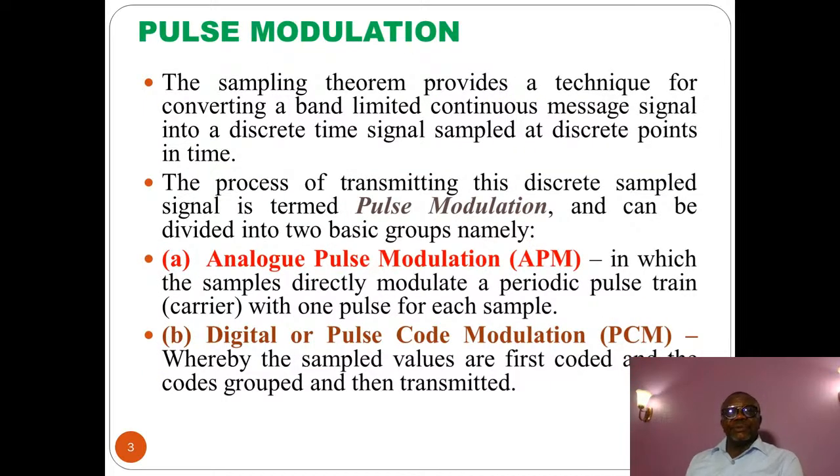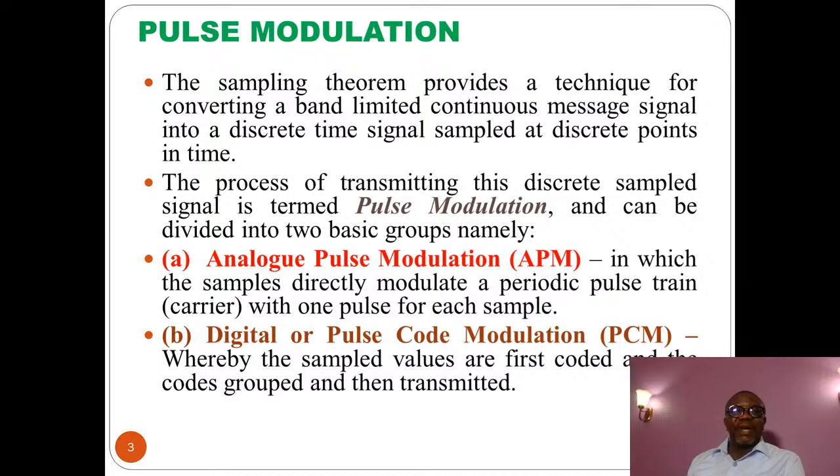Now, we start by looking at pulse modulation before we enter into the subject proper. The sampling theory provides a technique for converting a band-limited continuous message signal into a discrete time signal sampled at discrete points in time. The process of transmitting this discrete sample signal is termed pulse modulation